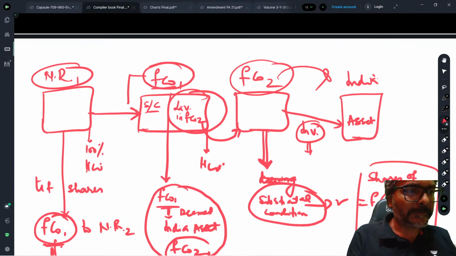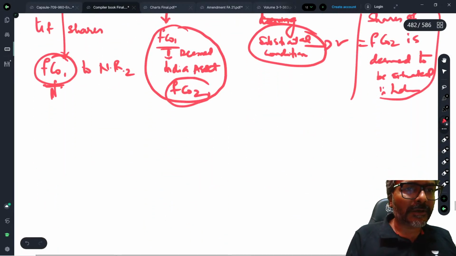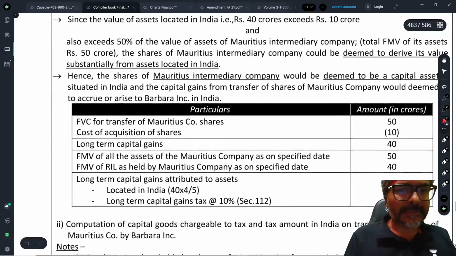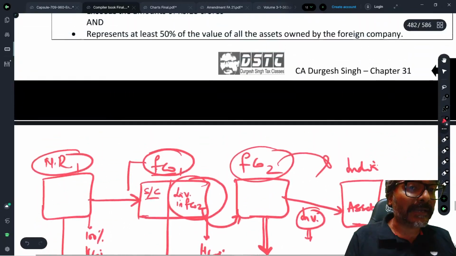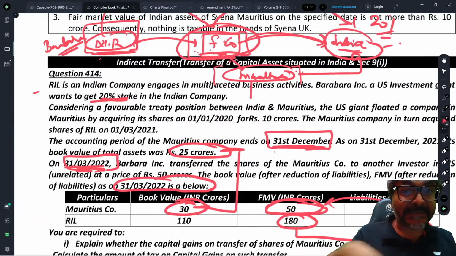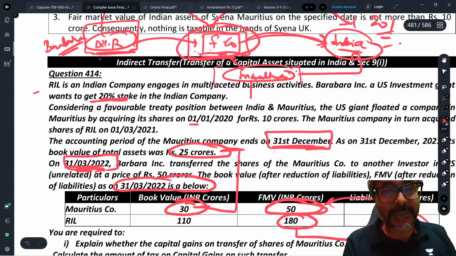So students, in this context, I'll just tell you one thing. So it's a long-term capital asset. Is it a long-term capital asset? Students, is it a long-term capital asset? Yes, because it's an unlisted share as far as India is concerned. The foreign company, is it listed in India? Answer is no. And the fact that it is not listed in India, students, I will be comparing 1st of